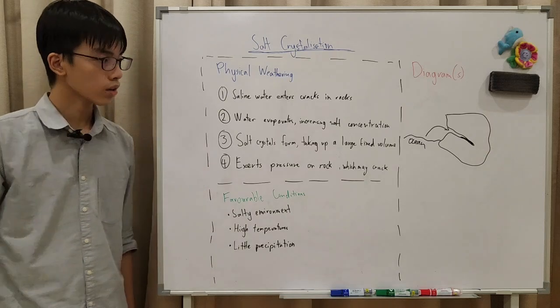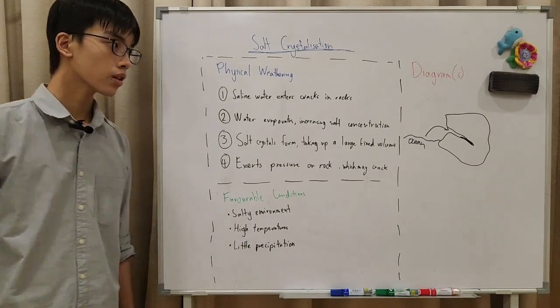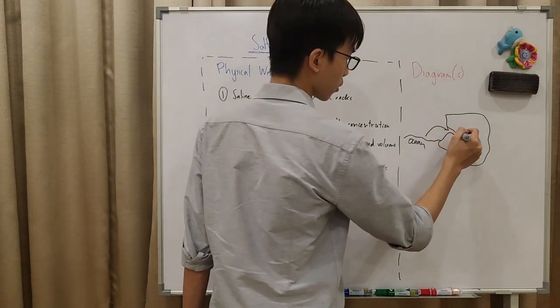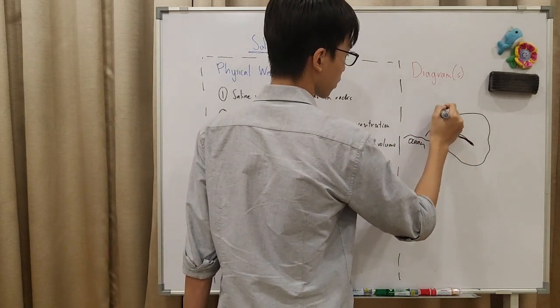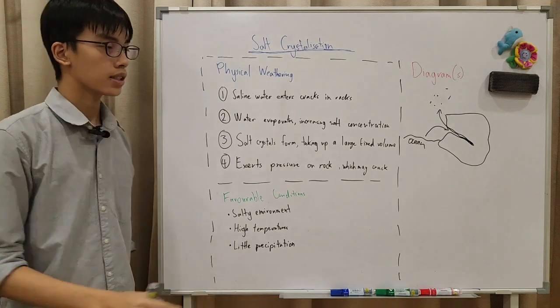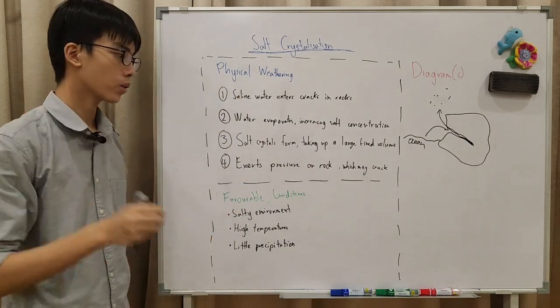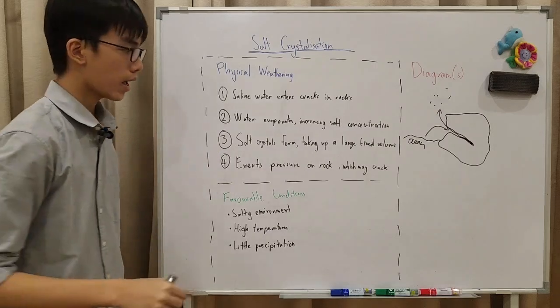Then the second step, the water evaporates and increases the salt concentration of the solution. So what happens here is you can draw another arrow of the water going out, evaporating into the sky. And as the concentration increases, when the water has evaporated away, salt crystals begin to form, and they take up